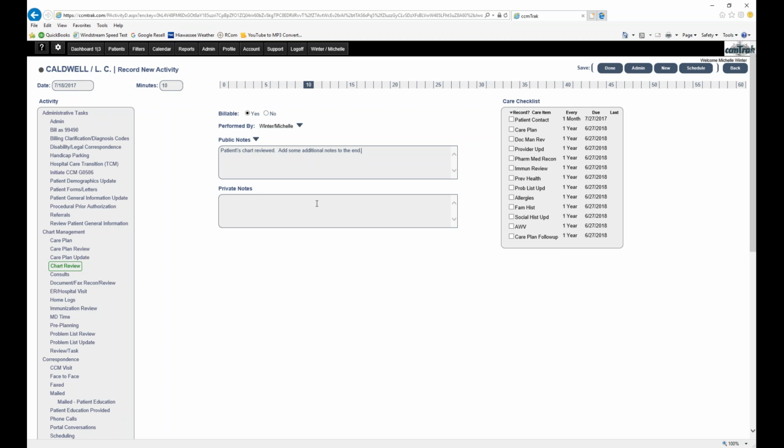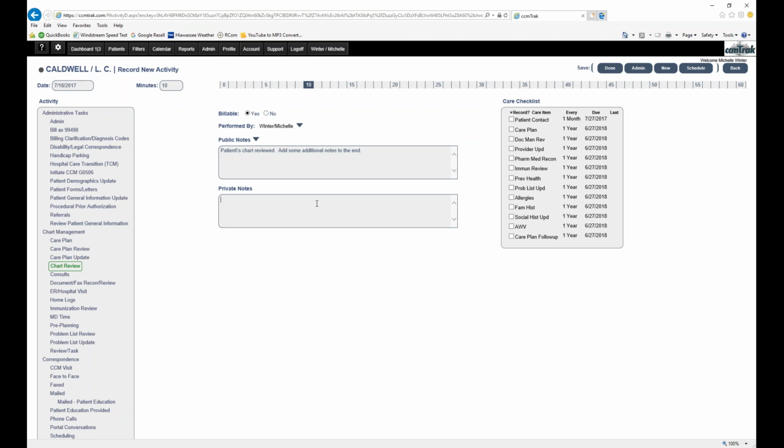If you want to make some notes about an activity that you don't want to go into that part, so just something that would help you as far as remembering what you did or remembering what you need to do for a particular patient, you can put those in the private notes section, and that will just be noted in ccmTrak, but it won't get copied over into the official record that gets done for billing